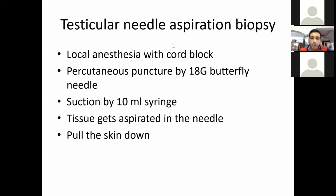Now once the patient has been adequately anesthetized, a percutaneous puncture is made with an 18-gauge scalp vein needle, and it is made along the longest axis, which would be oblique and not in the anterior-posterior direction of the testis, which is the shortest direction. So you have to understand that you have to pass the needle through the longest direction, and you have to